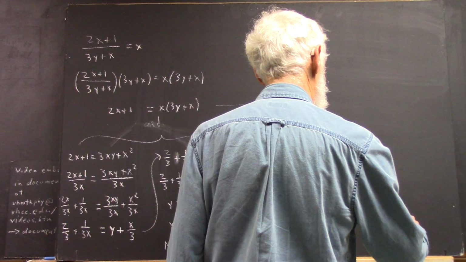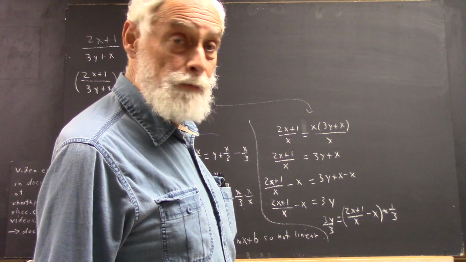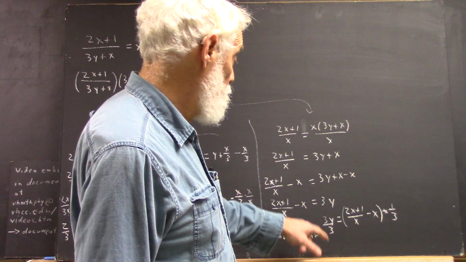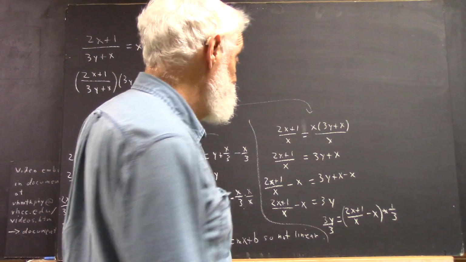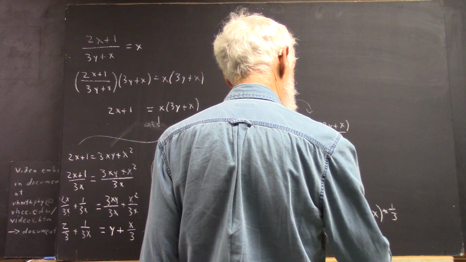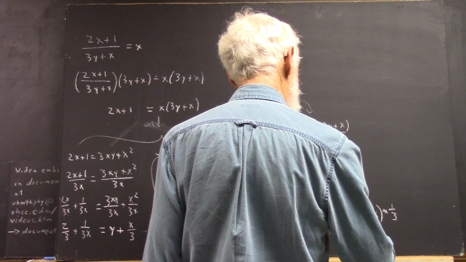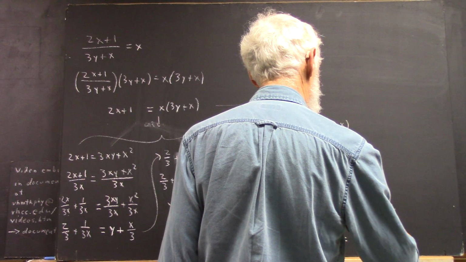Dividing by 3 is the same as multiplying by 1/3. Multiplying 3y by 1/3 gives us y, and now this gives us y equals 2x plus 1 over 3